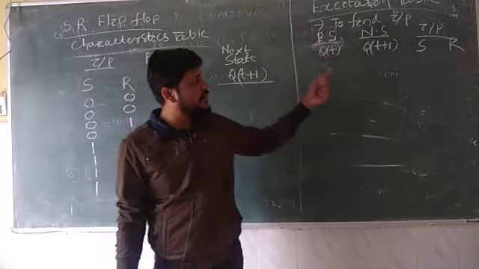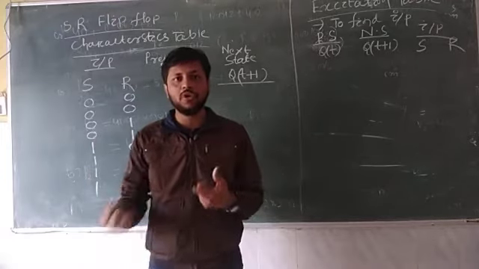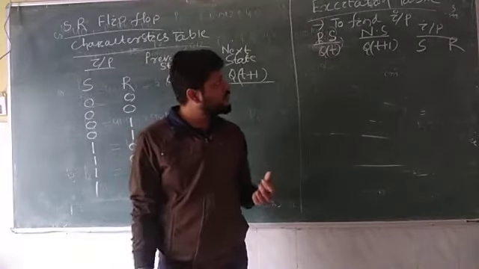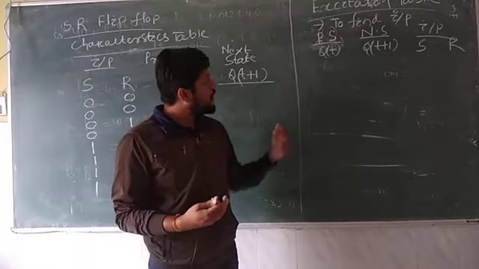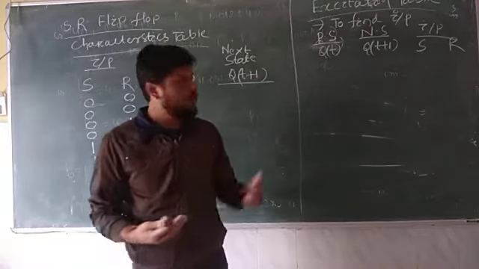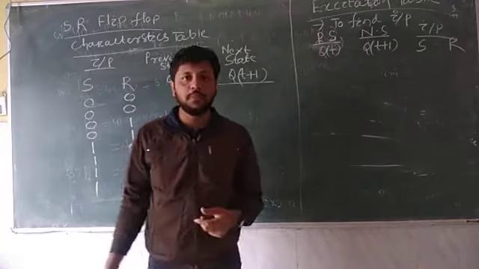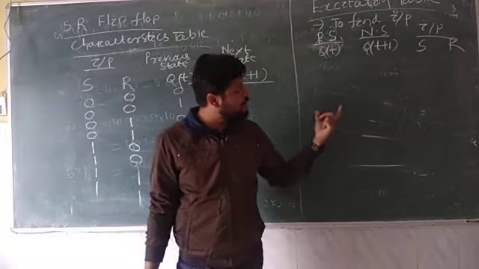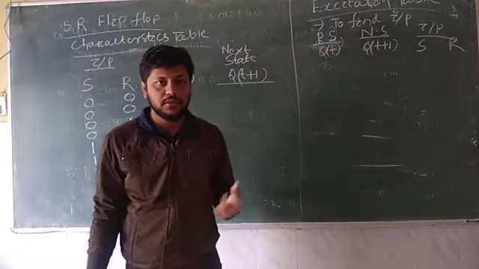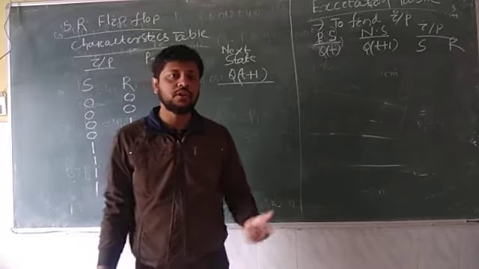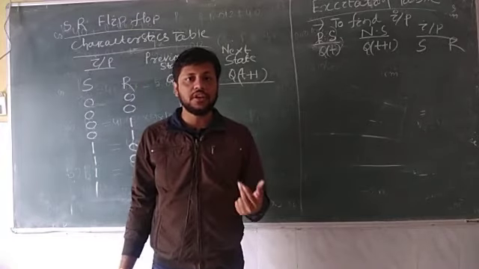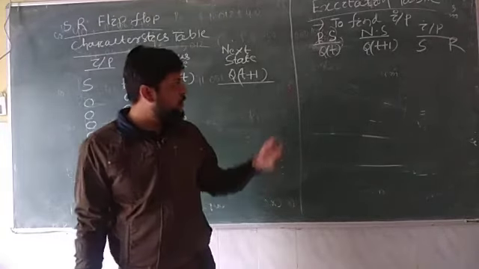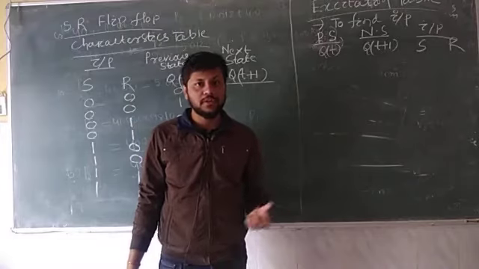So this table is very important. Now I am going to draw this table. So please kindly remember this table and try yourself to find the input when the present state and next state are given. This is very important with respect to your counter circuits. In the latter part of the sequential circuits, we will study one more very important circuit, that is your counter circuit. In that circuit we need this excitation table. So that's why this is very crucial to understand.